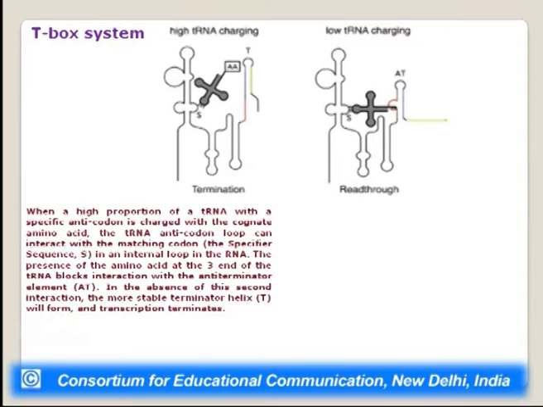However, when there is low tRNA charging, there are more free tRNAs available, which are not bound to their cognate amino acids. Then the anticodon site binds to the specifier sequence, and the site where the amino acid is no longer bound can bind to the anti-terminator sequences, creating an anti-terminator structure. The RNA polymerase can read through such a structure and therefore the gene expression or the transcription occurs. So, this kind of system is termed the T-box system, which is dependent upon the charging or uncharging